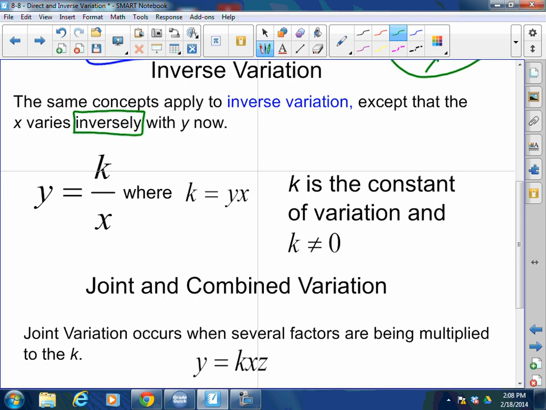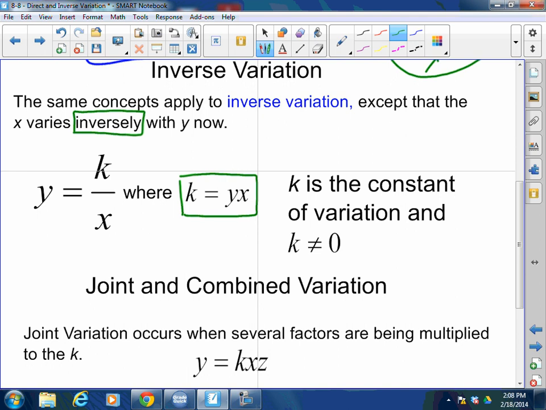In inverse, you have y equals k over x. If you solve for k, k equals y times x. K is still the constant of variation. K still cannot equal 0. Okay? Same exact concepts, but when it's inverse, you're dividing x to k. When it's direct, you're multiplying to k. When it's inverse, you're dividing x from k. Now,